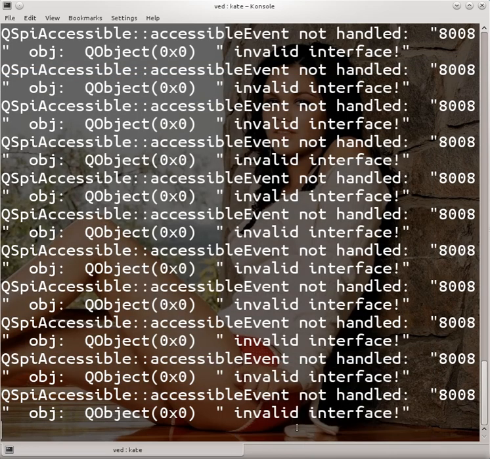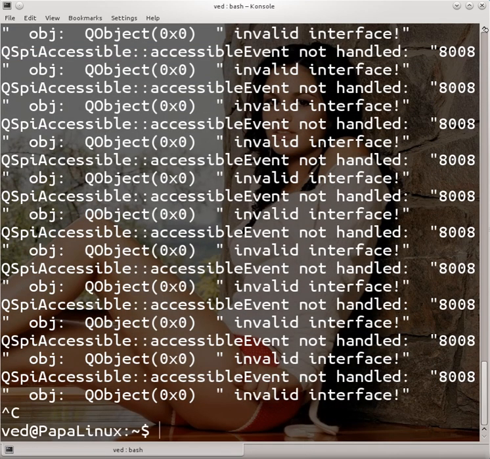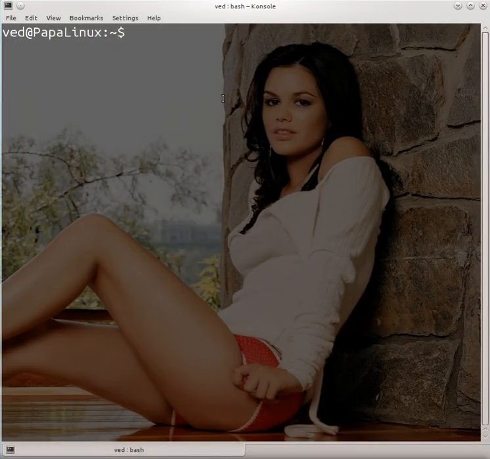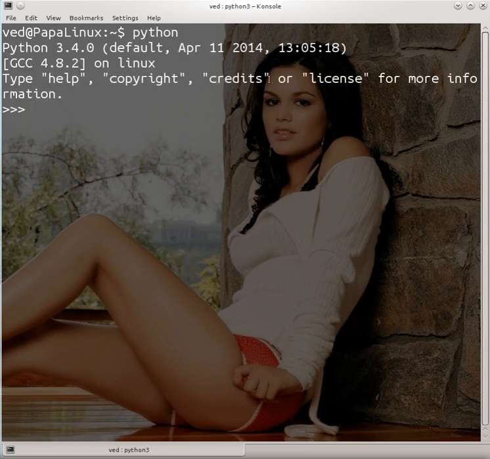Let's close this terminal and open a new session. Once again, let's hit python, and this time it is going to load Python 3.4.0.